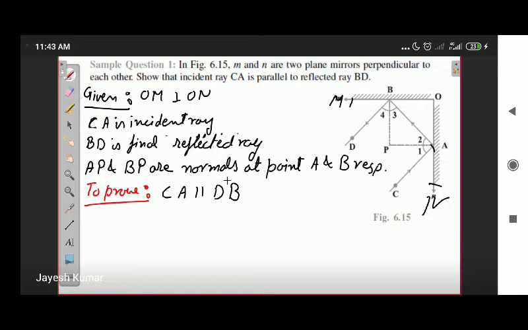And once again, keep in mind the angle of reflection and angle of incidence are the same. That means in the figure at point A, angles 1 and 2 are equal to each other. Angle 1 is the angle of incidence, angle 2 is the angle of reflection. In the same manner at point B, angles 3 and 4 are equal to each other. Angle 3 is the angle of incidence for point B and angle 4 is the angle of reflection for point B. So we'll start with the proof then. Keep in mind, I am not writing down any construction because construction is given in the diagram as well.